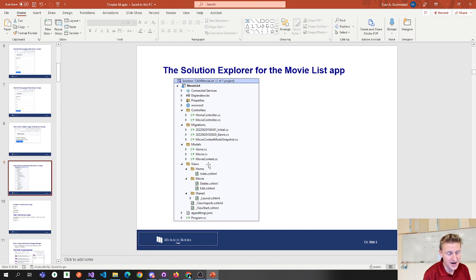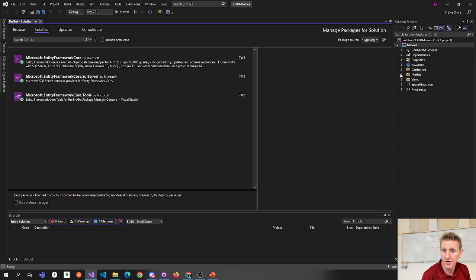And this movie context is going to help us relate our C# classes like genre and movie into a database table. And so this is kind of the file that ties in the classes in our models into the table. So we're going to create this movie context file